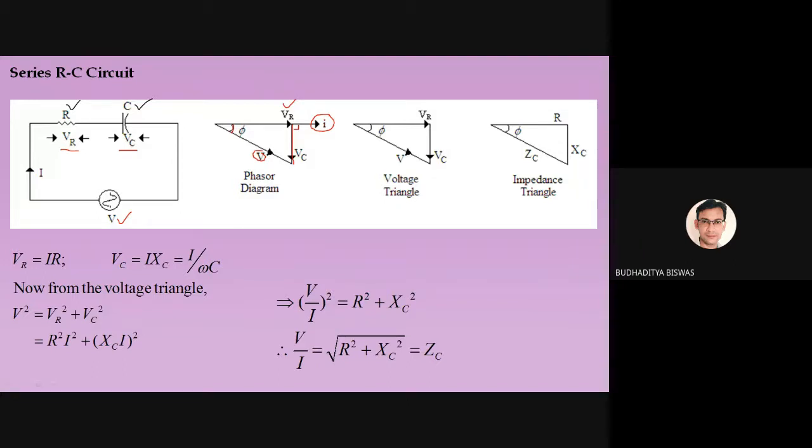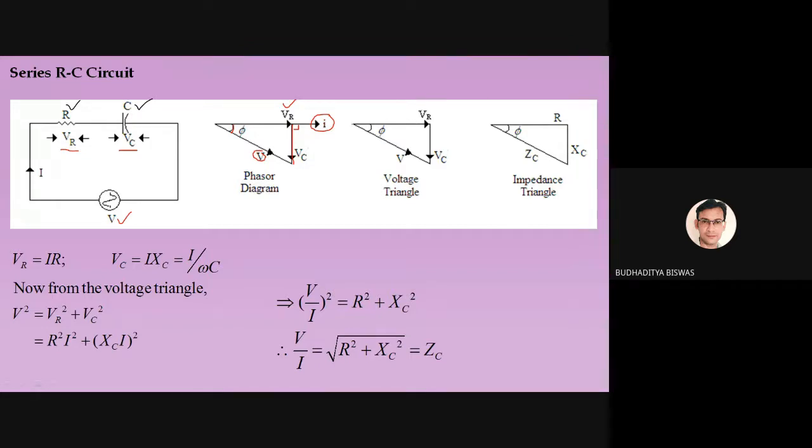But what is the lagging angle? It is between 0 degrees and 90 degrees, excluding these two limits. It should not be 0 degrees, it should not be 90 degrees, because if it is 0 degrees, then it's a pure resistive circuit, and if it is 90 degrees, then it's a pure capacitive circuit. But here it's a mixed circuit comprising two components, resistance and capacitance. That's why the angle is lagging, between 0 and 90 degrees without these two limits. So this is called the phasor diagram, and this is called the voltage triangle.